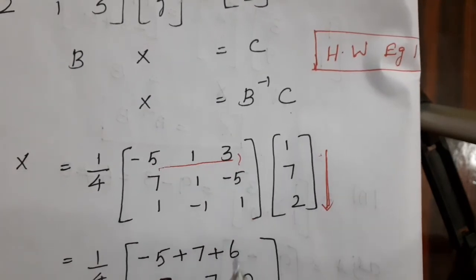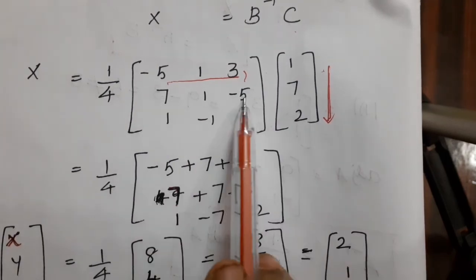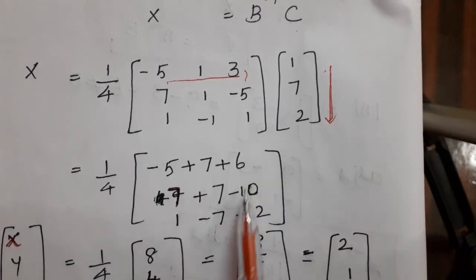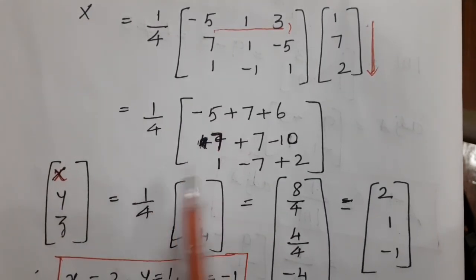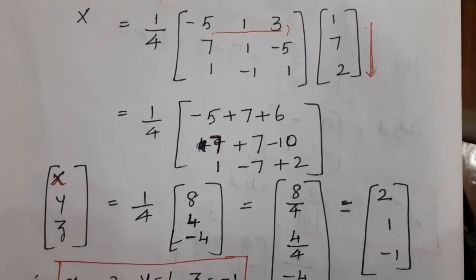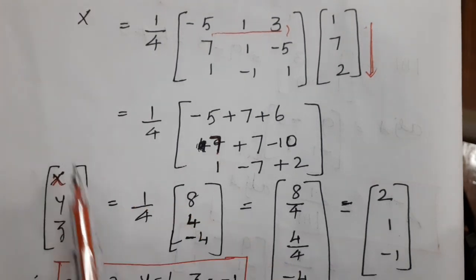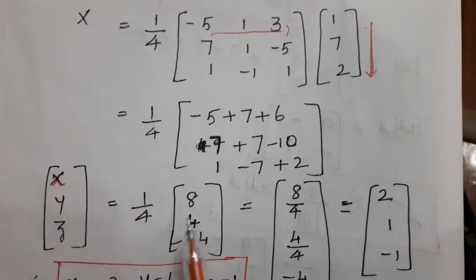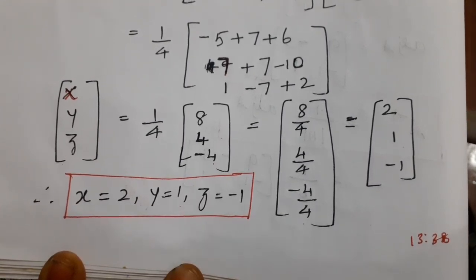So multiply first row with the first column, second row with the first column, third row with the first column. If you multiply, what is the result we get? So we get the result. Just recall only, go through the sum. Already you took it down in your class or notebook, go through that one. After multiplying, we get what? X, Y, Z, capital X is nothing but the 3 variables X, Y, Z. So 1 by 4 into 8, 4, 4, minus 4. We divide by 4 for each term. We get X is equal to 2, Y equal to 1, Z equal to minus 1. So in the second video I continue with exercise number 1.4.